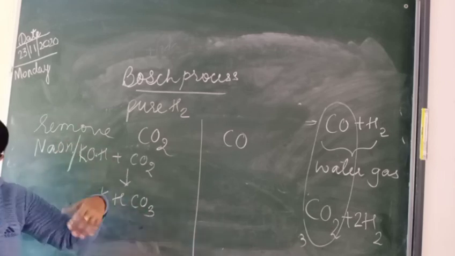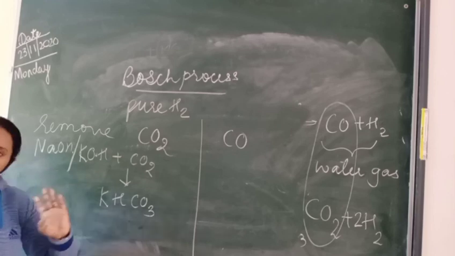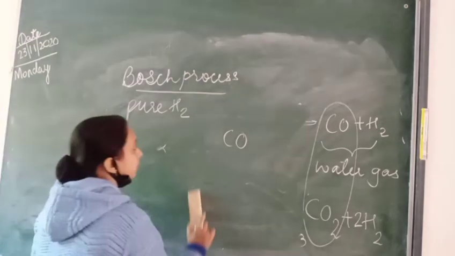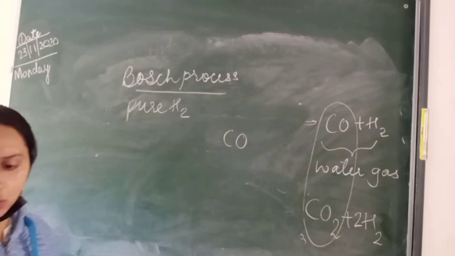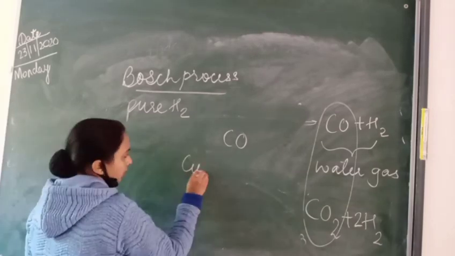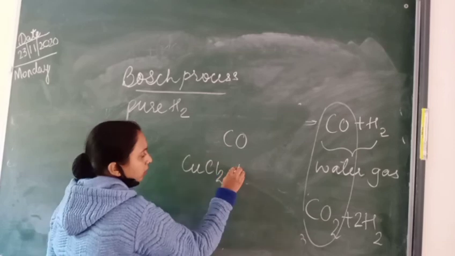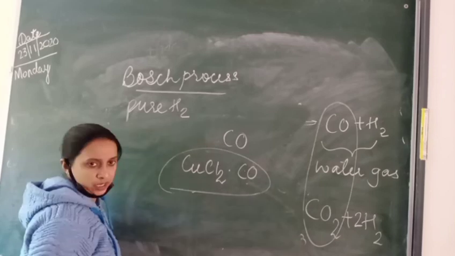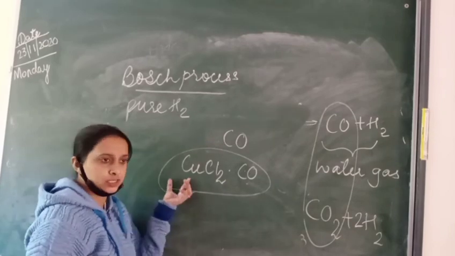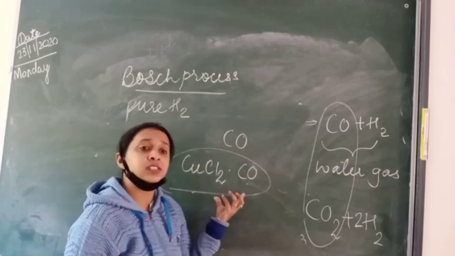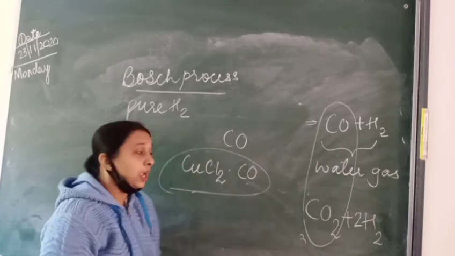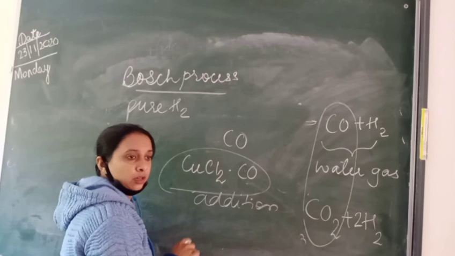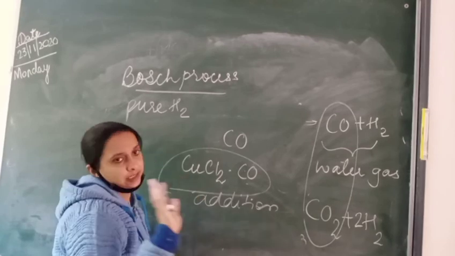The next one is carbon monoxide. How you will remove carbon monoxide? We need to pass it over ammoniacal copper chloride solution. CuCl2 से पास करना है अमोनिकल कॉपर क्लोराइड. So it will form CuCl2.CO. एक एडिशन प्रोडक्ट फॉर्म हो जाएगा. Okay. अमोनिकल कॉपर क्लोराइड से जब पास करेंगे तो ये इसके साथ ऐड हो जाएगा. इस कंपाउंड का कोई नाम नहीं है. There is no specific name. It is only an addition product. एडिशन प्रोडक्ट क्यों बोलेंगे? Because we have a dot here. ये इसके साथ कंबाइंड है तो ये ऐसे ही निकल जाएगा. And then we will get what? Pure and free hydrogen gas in the Bosch process. I hope that you are able to understand.